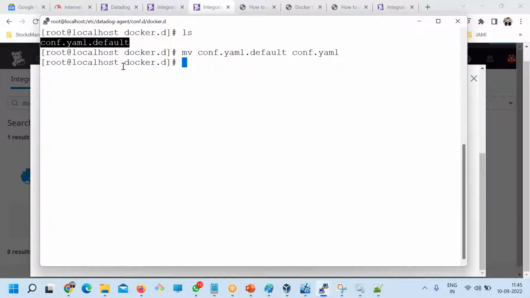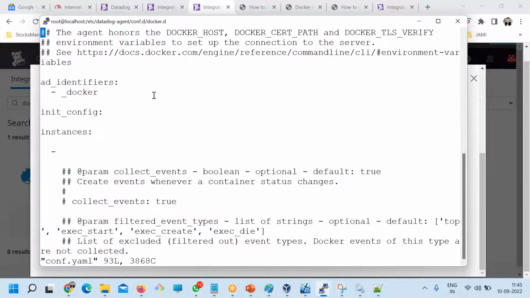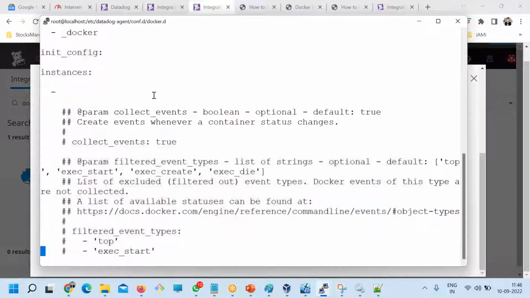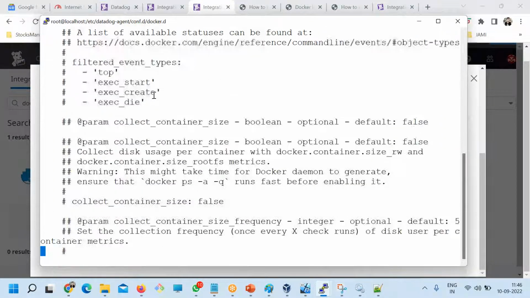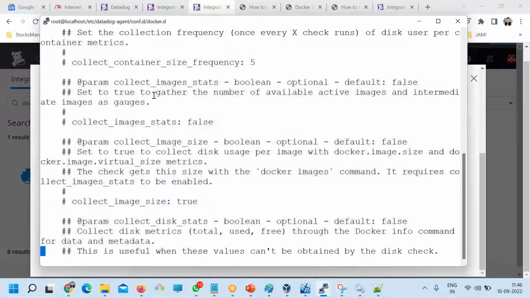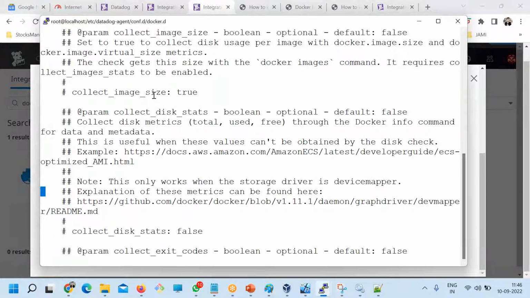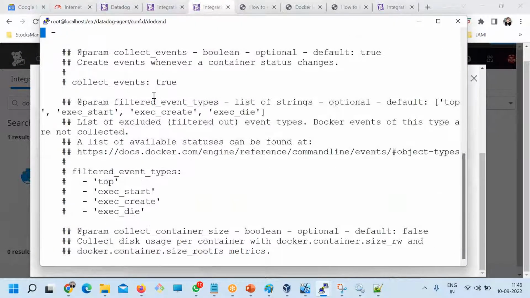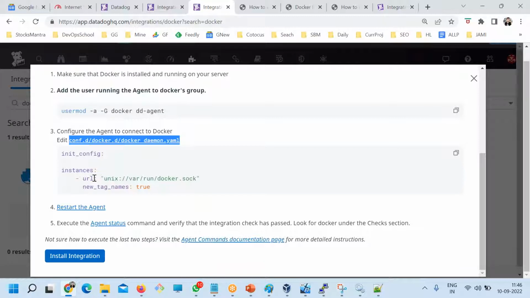You have to uncomment this so it will be activated, and vi conf.yaml, and here init_config and instances are here. I need to copy this one.